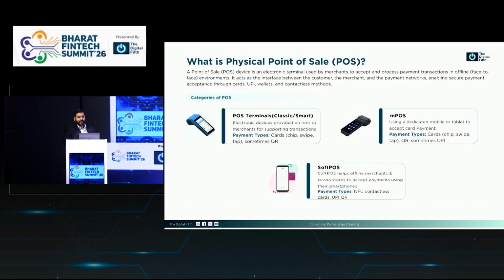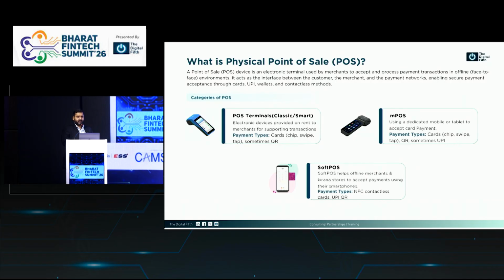There are multiple types of POS services. One is the physical POS, the classic smart POS, which will have card-based and swipe or tap-based options. Typically, you see these in the market where you go to do the transaction and the POS machine is available. MPOS are the mini version of these POS devices, which will have chip-based, swipe and tap options as well. Sometimes you will have a QR code also enabled on top of that.